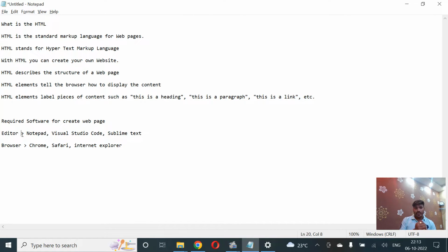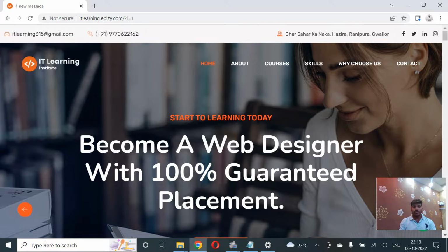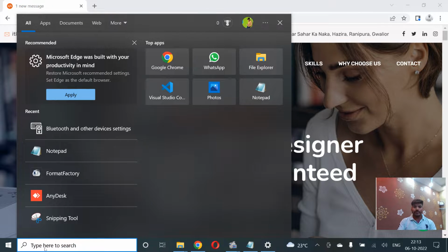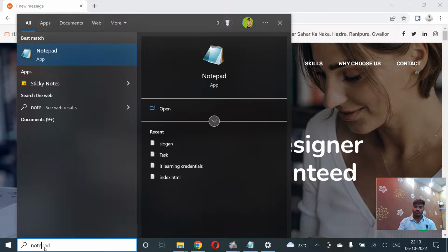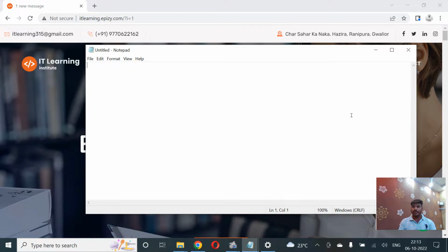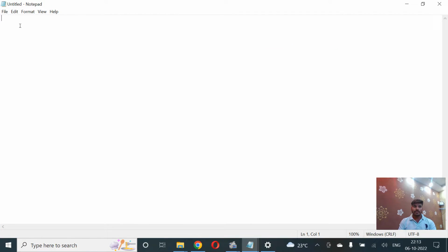So let's start. We will try with examples. First of all we need to open Notepad. Go to your search bar, click here, type Notepad, then press Enter and open Notepad. So in Notepad we will write the HTML